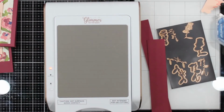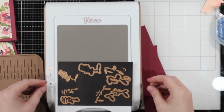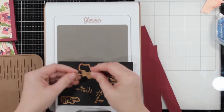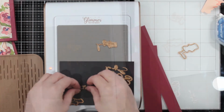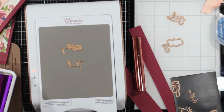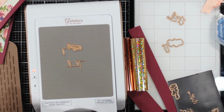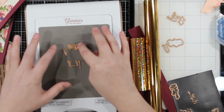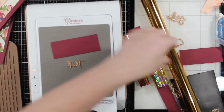Good gravy. So I was thinking and I decided I'm just going to add some glimmer sediment, foiled glimmer sediment. So I take out my glimmer machine and I put down my happy birthday and my thank you. These are so delicate and they have matching dies. So perfect, right? So I get this on, I get my cardstock cut and I get